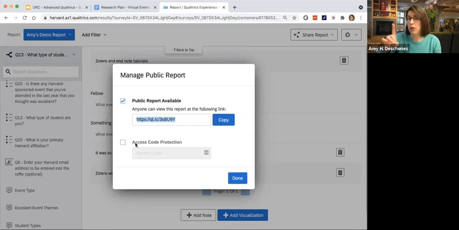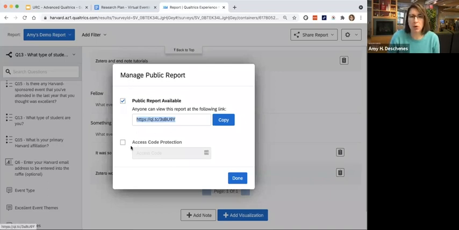So one other thought with reports, you don't need to wait for the survey to be done before you start making your report, right? You probably do need to wait until your survey is complete before you start tagging or doing any qualitative analysis. But in terms of designing this report, even if you have 5 answers, you can still start to think about designing the report. So that might be helpful.